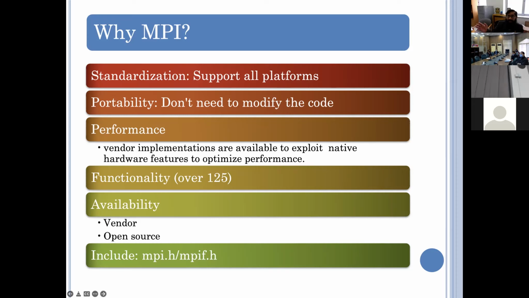You just need to say, run that program mpirun -N 8. So it will spawn 8 processes on different computers. If I say mpirun exec -N 16, it will automatically run that program on 16 processors. So that is very easy to scale. You just need to change the parameter.